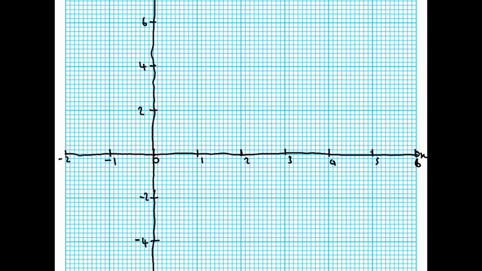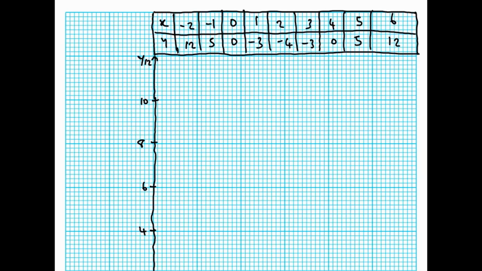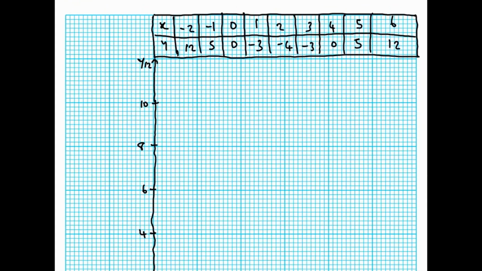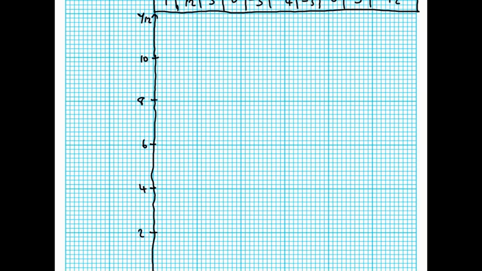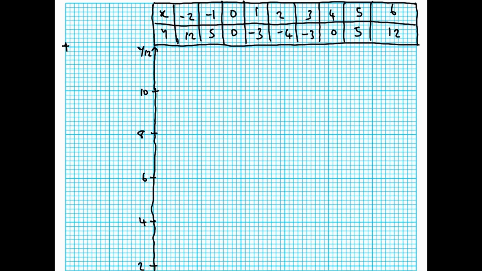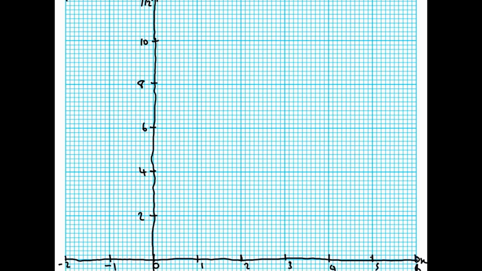Alright, now let us plot our points. We are told our first point is (-2, 12). So x is -2, y is 12. So x at -2 here, then y at 12 at the very top here. So our point is here, marked with a cross like this. Our next point is (-1, 5), x is -1 but y is 5. Where do we find 5? Exactly in the middle between 4 and 6. So 1, 2, 3, 4, 5, we have counted 5, because we know there are 10 small squares, so the middle will be at the fifth square, like that.